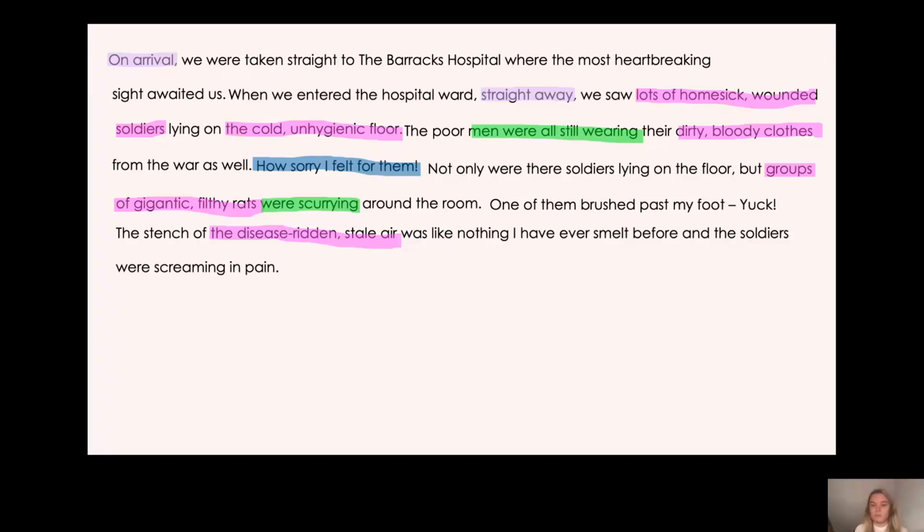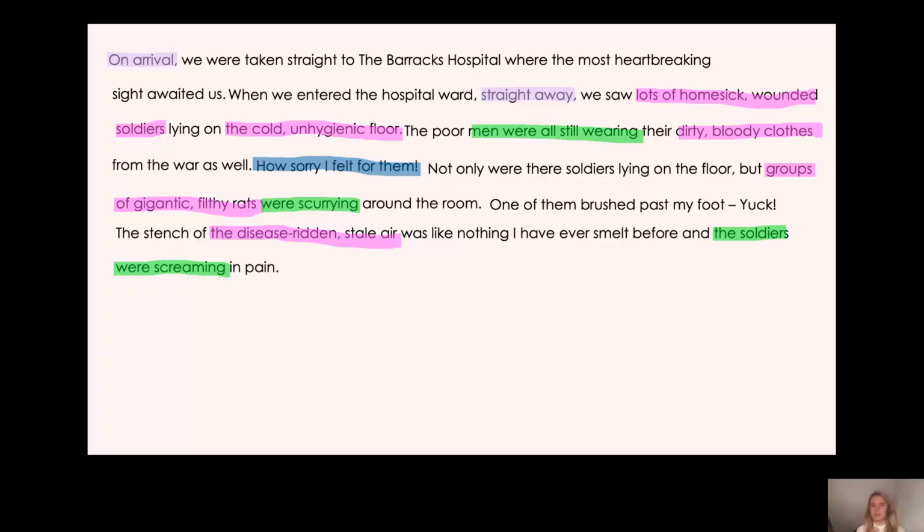And the soldiers were screaming in pain. So there we go. The soldiers were screaming. Now, what have I included here? Well, I've included a past progressive sentence because I've got my subject, the soldiers, and I've put "were screaming." So I've used the past tense of "to be" because we're talking about more than one person. And then I've got my verb with the suffix "ing" on the end, screaming. Or you could say the soldiers were shouting. Or the soldiers were yelling in pain. So you can use lots of different verbs to describe what the soldiers were doing.